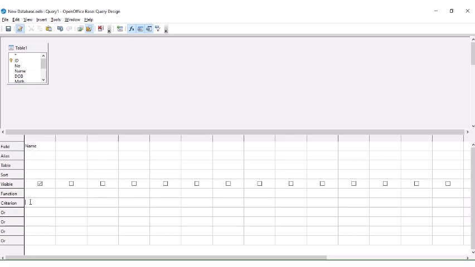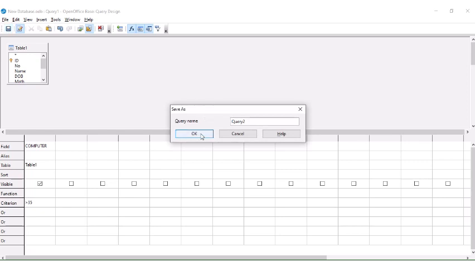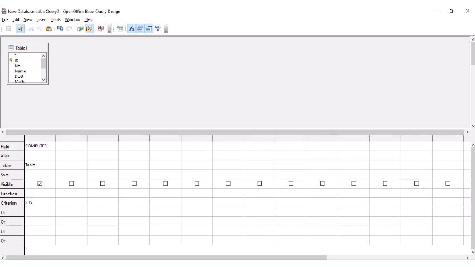Criteria means, for example, I'm selecting computer and then I'm doing greater than 35. And once I save, it will ask for a name, and once I click OK and close it,